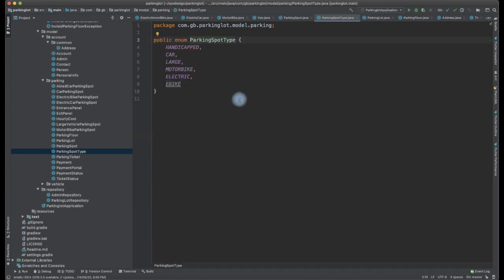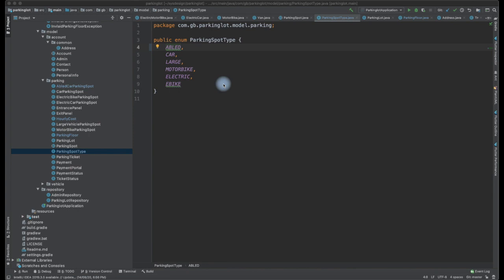What are the types of parking spots which are available? One is the handicapped parking spot. I have used the word disabled parking spot here, but you should not use this word. I certainly don't like it, so I'll rename it. I've renamed the parking slot to an abled parking slot, and there are slots which are available.